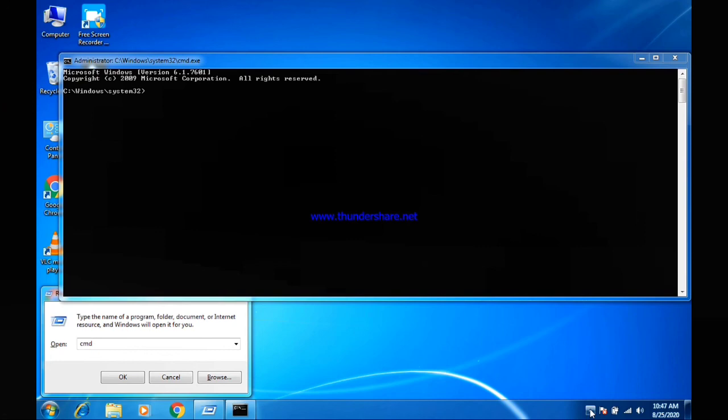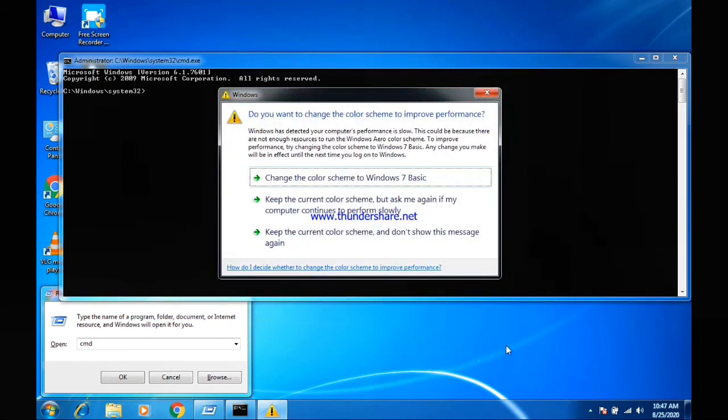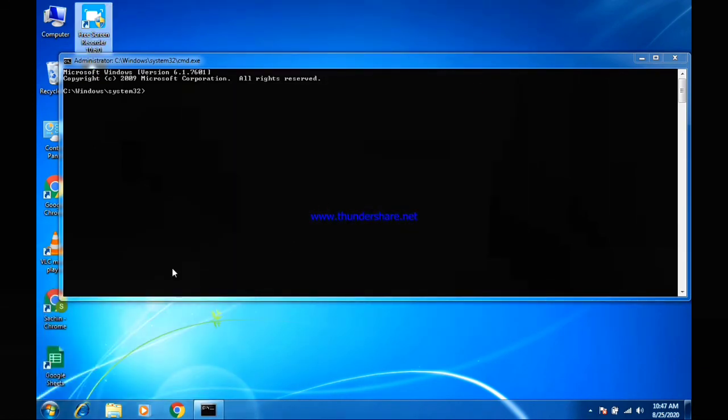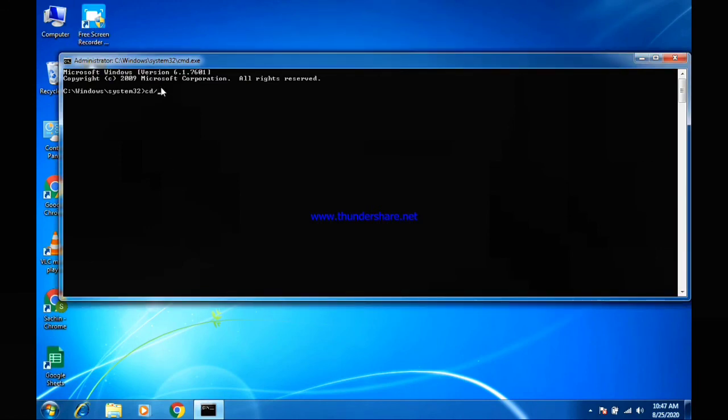What will I type? I will type cd /enter. I have to format H drive, so I will type format space H colon space /q, which means quick format, and I will press enter.